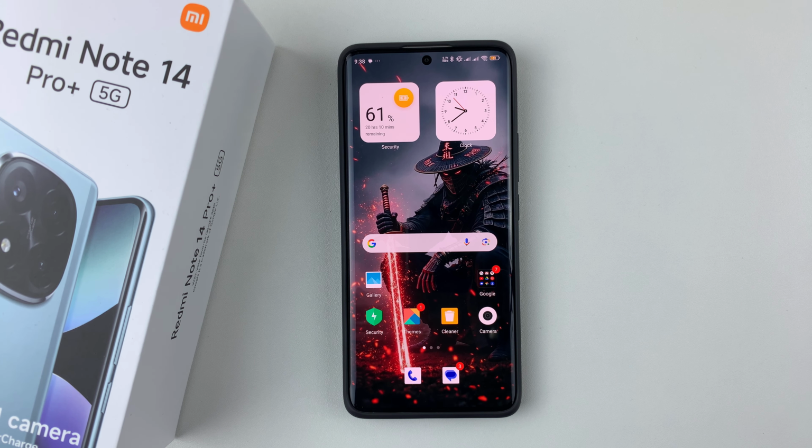Welcome back. In this video, I'll show you how to set up call forwarding on your Redmi Note 14. So I'm using the Redmi Note 14 Pro Plus, but the same steps should apply for the other Redmi Note